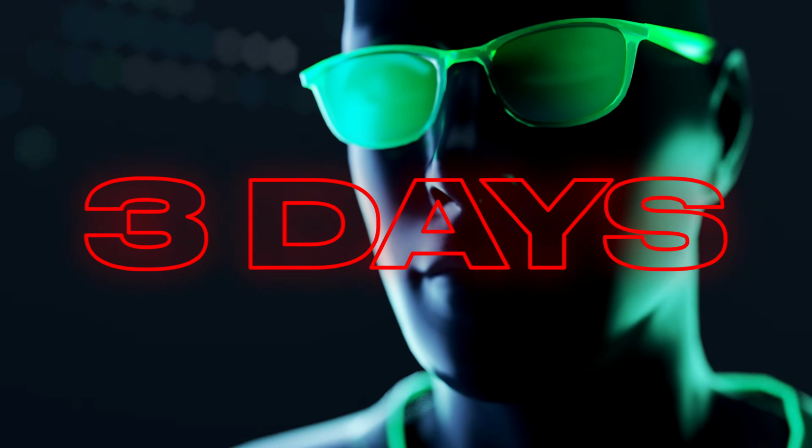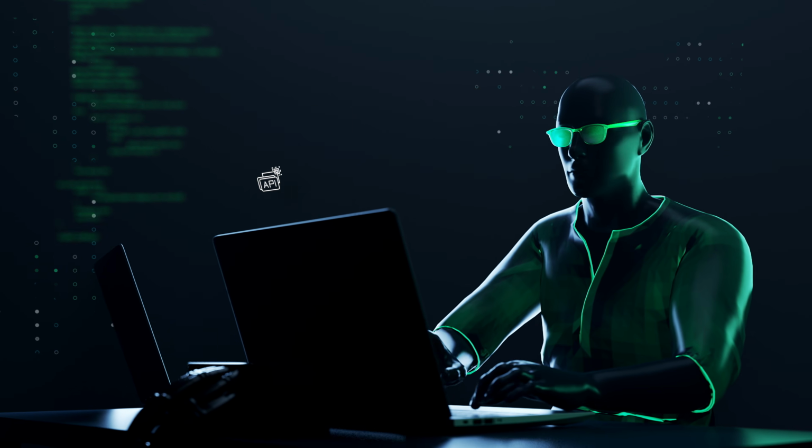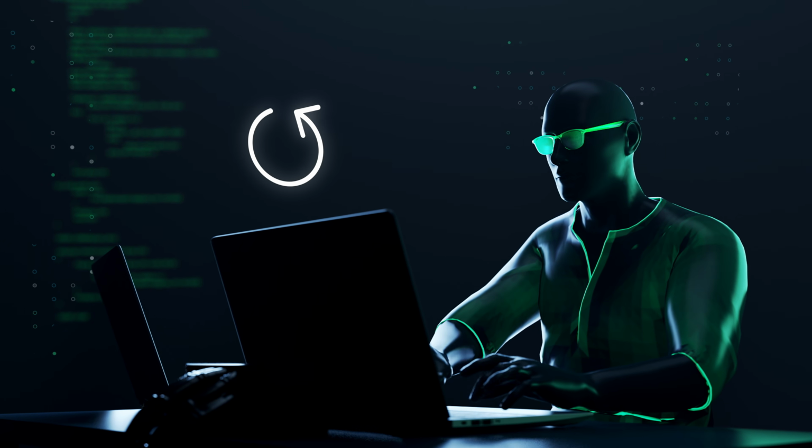For the next 3 days, we were forced to go through every single API endpoint in the organization, confirm it was secured, rotate the keys, and document the changes. When I finished, I promised myself right there and then, I'm going to upgrade my tooling so that I never have to cut corners ever again.